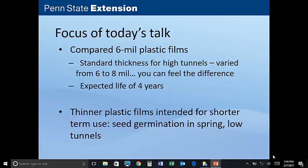Now, there are some thinner plastics out there, and those are ones that are normally intended for some sort of shorter-term use, like maybe to get corn germinating, for example. In the springtime, you might have some thin vented plastic for over rows. Or if you're using them with plastic over low tunnels, it's easier to manipulate and tie the plastic when it's